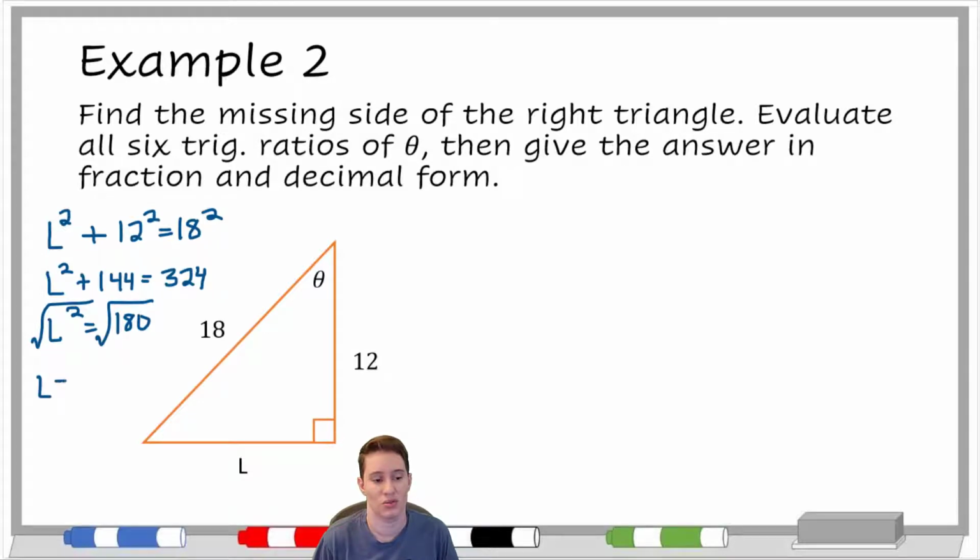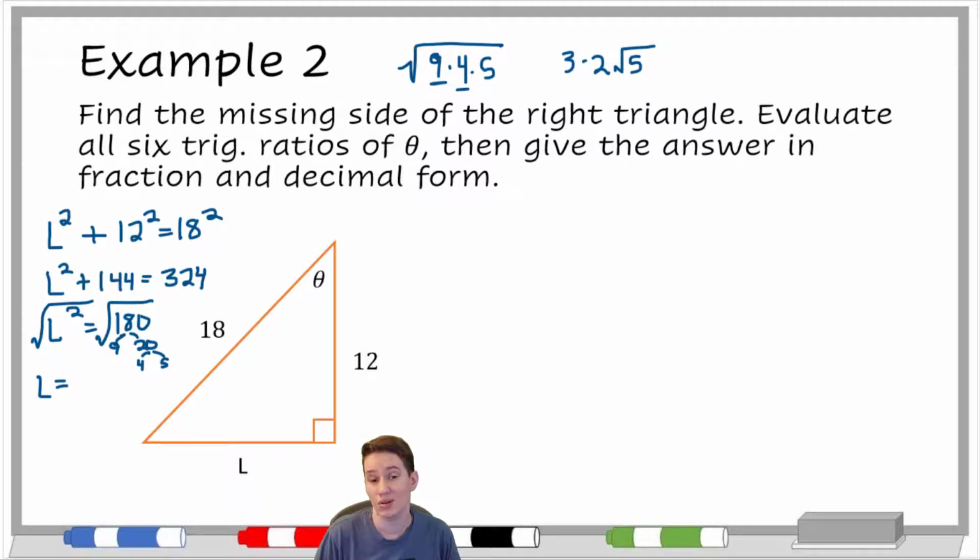So, simplifying our square root, this is where we say, okay, is there something inside of here that has a perfect square? So I know that 9 goes into 180 because I know that 9 goes into 18. 9 goes into 180 20 times. So 9 is something I can square root and bring out of this square root symbol. But also 20 has a perfect square. There's a 4 here. So in case you haven't done this recently, the way we simplify square root of 180 is we break it down into smaller numbers like 9 times 4 times 5. We can square root 9 and get 3. We can square root 4 and get 2. So those move outside, but the 5 that you can't square root stays on the inside. So this simplifies to be 6 square roots of 5